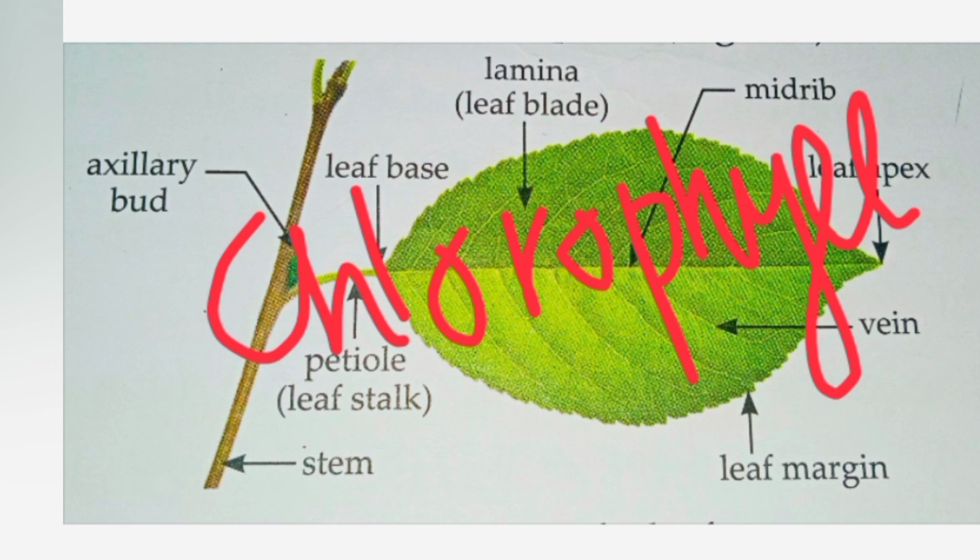So this is all about the parts of a leaf. I hope you understood the topic well. In the upcoming videos, we'll learn more about leaves, like types of leaves, different types of edges of the leaves, and venations and photosynthesis